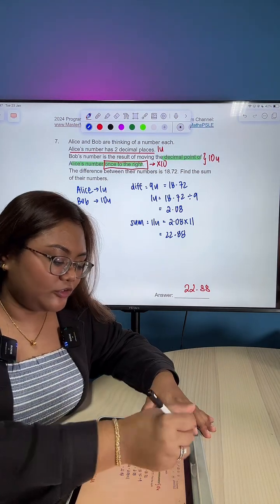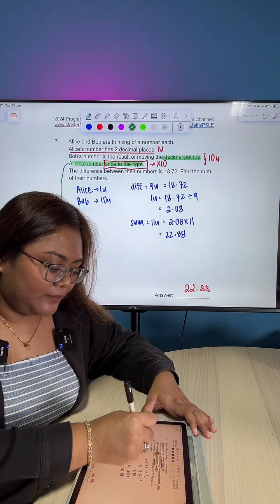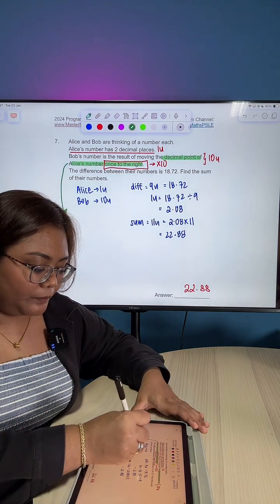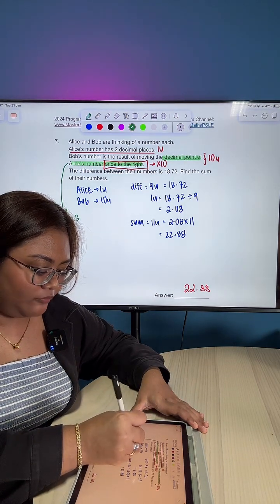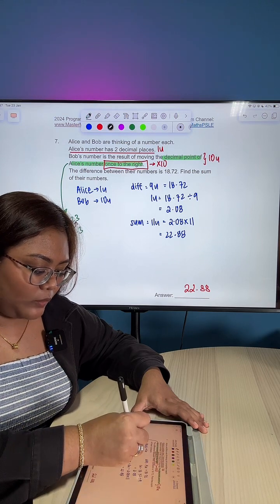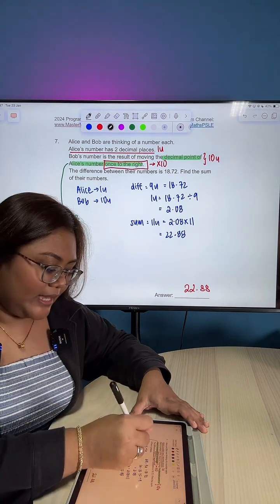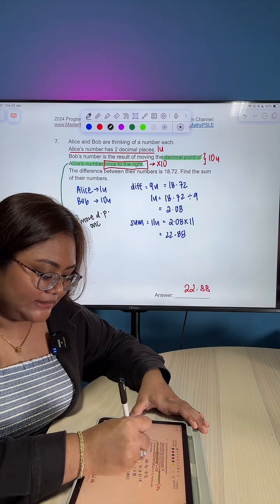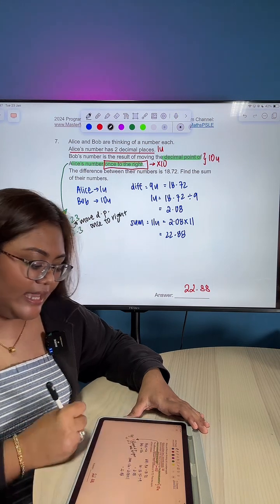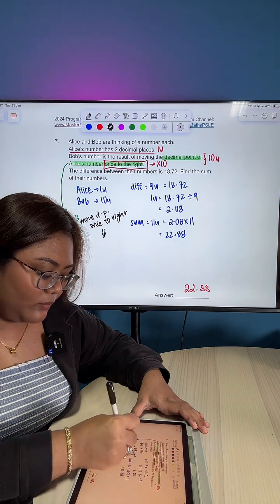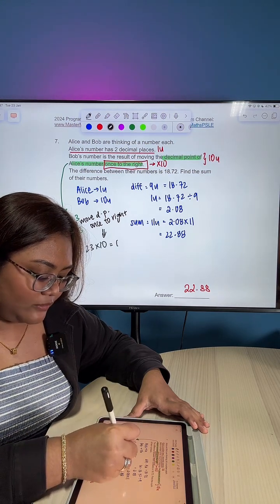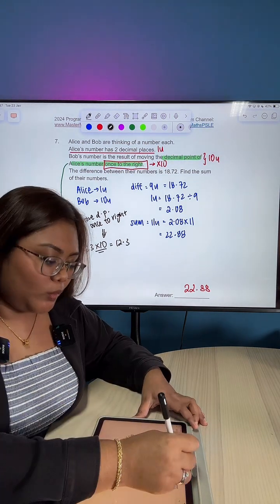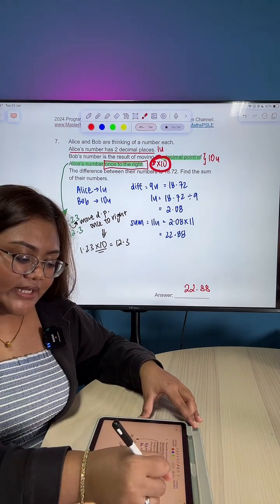For those of you who don't understand, I'm going to repeat this one more time. This green color portion here. Okay, example. I have 1.23 versus 12.3. I am moving the decimal point one place to the right. Okay, and what I'm doing is move decimal point once to the right. And how I got 12.3 means I take 1.23 times 10. I get 12.3. So move one place to the right means I times 10. Understand? Okay? So I move one place to the right times 10, and that's how I got 10 units for